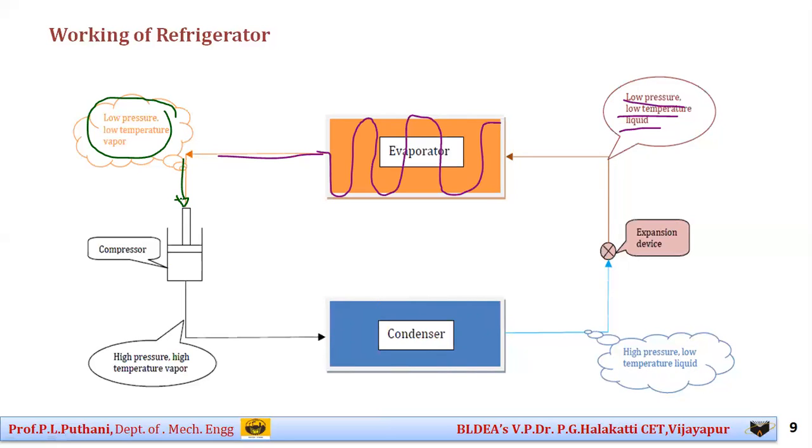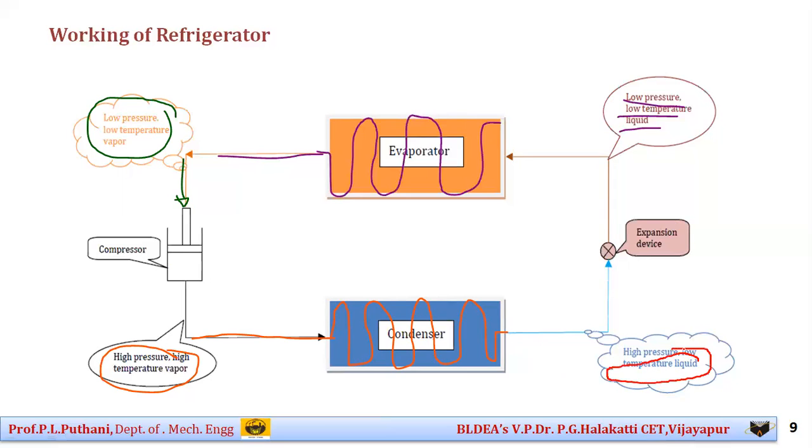And this high pressure and high temperature vapor is easily circulated through the condenser coils. When this high pressure, high temperature vapor refrigerant enters the condenser coils, again here also we have a set of coil tubes. As it passes through the set of coil tubes, which are present behind the refrigerator, freely open or exposed to atmospheric air, the refrigerant gives away its heat to the surrounding air, due to which there is a drop in temperature, and now the refrigerant gets converted back to the liquid phase.